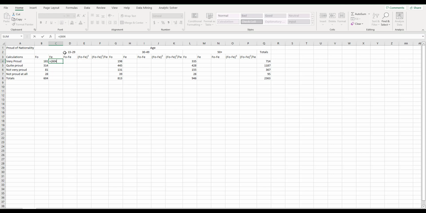We're going to type in 604, and we're going to have it times this 714. This will change as we go down, so we can go ahead and select that. And then we're going to divide it by 2363, right? That's not going to change for each of these calculations, so 2363. Now let's hit enter. Get the same answer as before, but now when we click and drag it down,